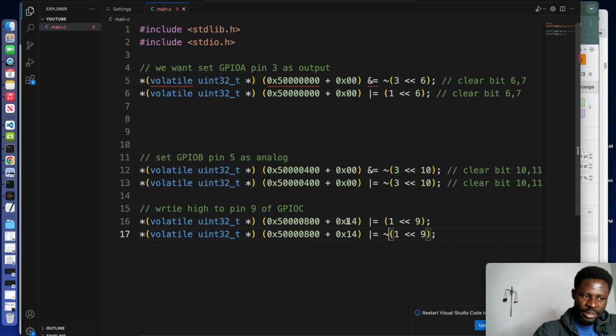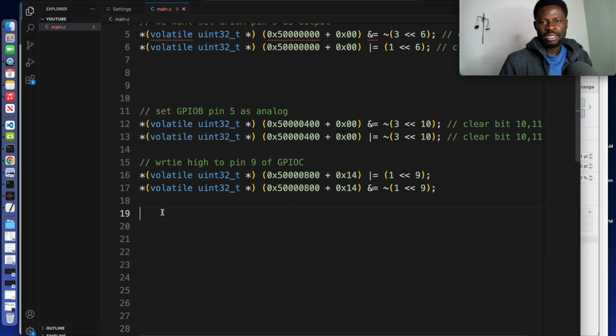But since pin 9 is already 1, if you do 1 or 0, it will still be 1. Okay, so to do that, you have to use AND. So when we AND 1 with 0, we are going to get 0. Let's move on. We create a struct to represent the peripheral, and inside the struct we represent the registers with